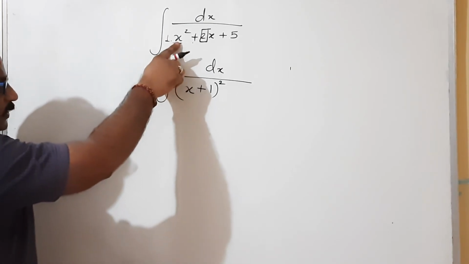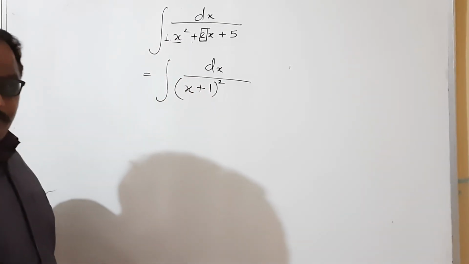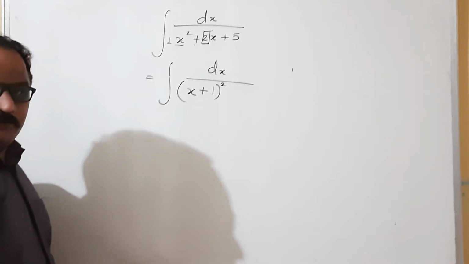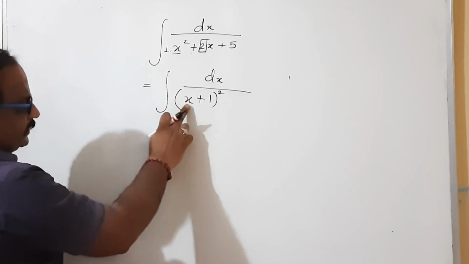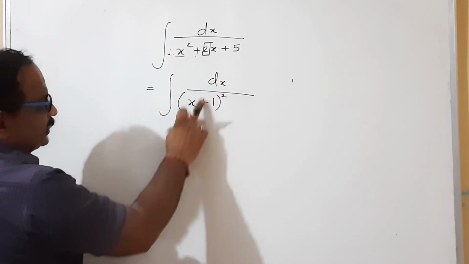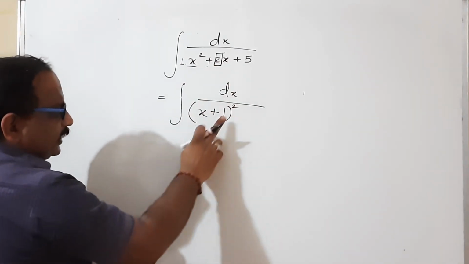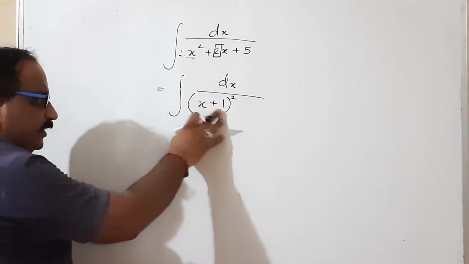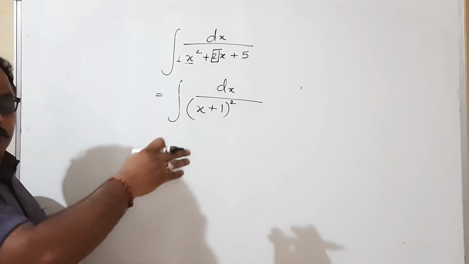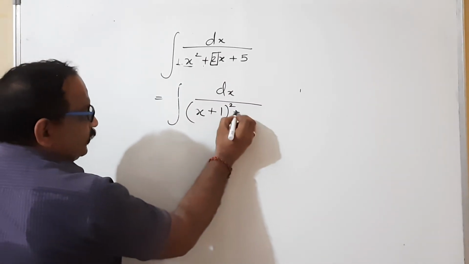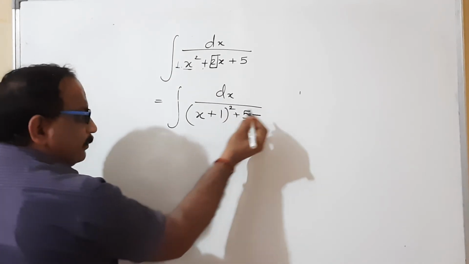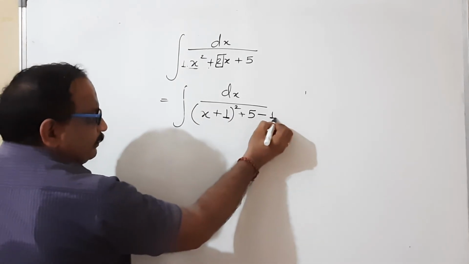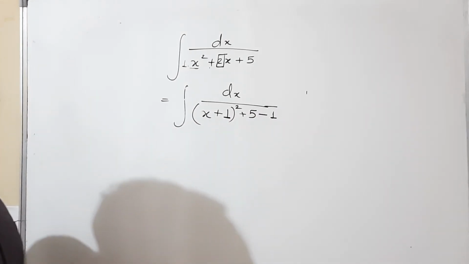Fine. I repeat. The coefficient of x square should be 1. If it is 1, then it's okay. If it is not 1, then I should take it common outside first. And afterward, I should keep the x as such, plus. Whatever the coefficient of x is, I should just divide it by 2. If it divides completely, then write it. If it does not divide, write the fraction. And afterward, write the next component 5 and minus, always minus. What should be minus? The square of that component, that means 1. That should always be minus.